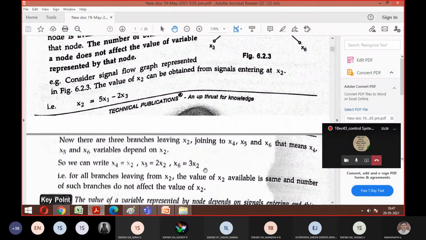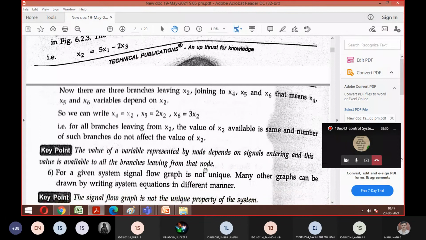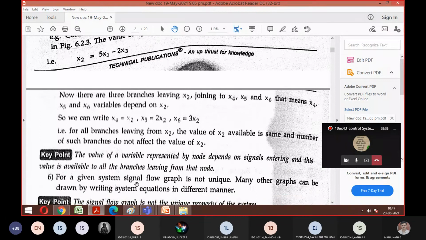Yes, sir. Yeah, last, property number 6. You can look here: for a given system, your signal flow graph is not unique. What is the meaning of this? Can anyone tell me the meaning of the word unique? Different. Not unique means different. Good. See, I hope everyone saw the block diagram earlier, right? It was fixed. I could not change the things, this block should be like this, only this block, because it is given. You're just applying a reduction technique. But in the case of a signal flow graph, the alignment you can do however you want.